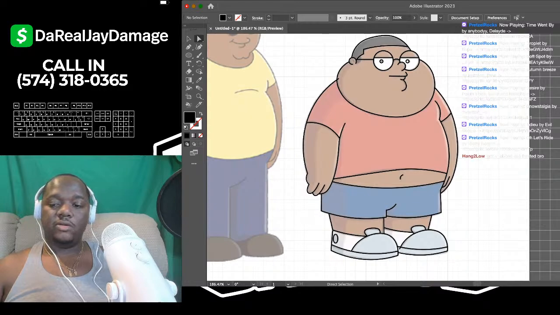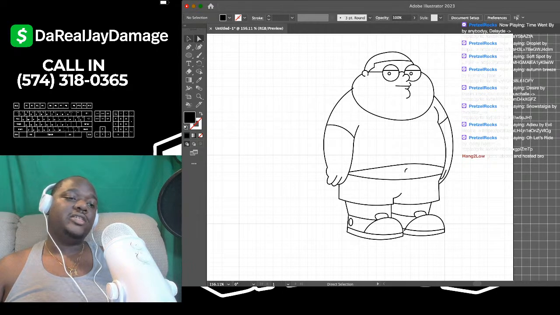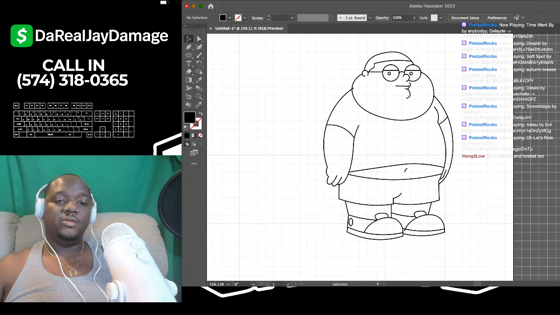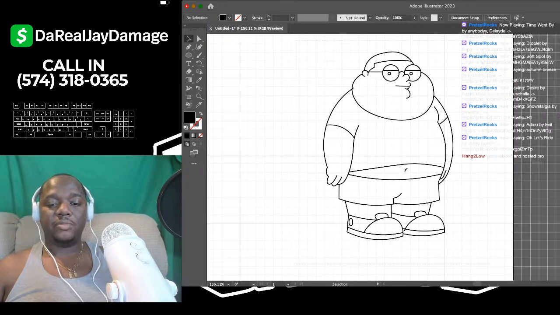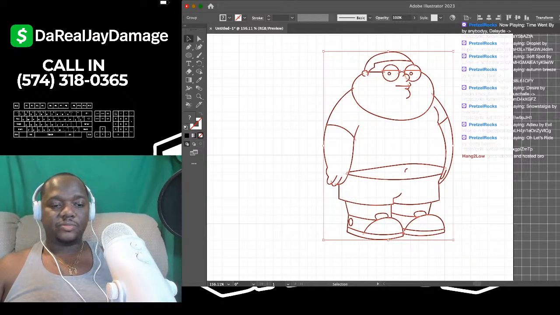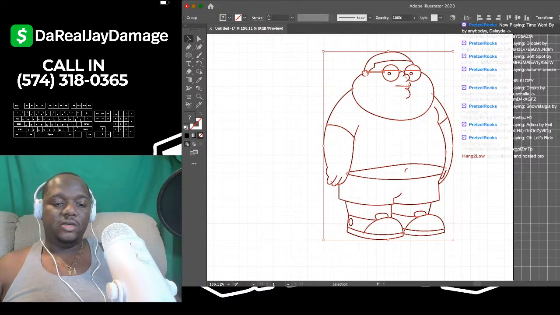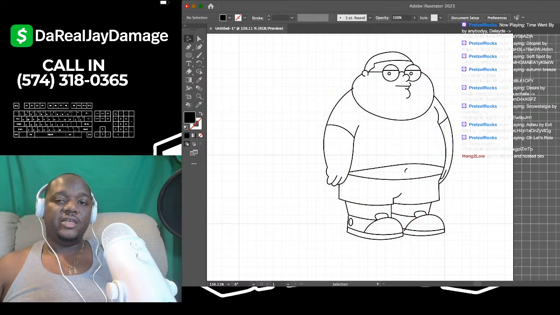So what you want to do now, once you have your line work all together and you're comfortable, is grab that black selection tool. That's the very top left tool on the left side menu bar. You hover your mouse over it, you'll be able to see what I'm talking about. Select the entire project. Boom. Once you've selected the entire project, go to the top of the screen, click on Object, then scroll all the way down to Live Paint. Inside of Live Paint, it should say Make. Make sure you click on Make. Boom. Now that you clicked on Make, it's time to color.